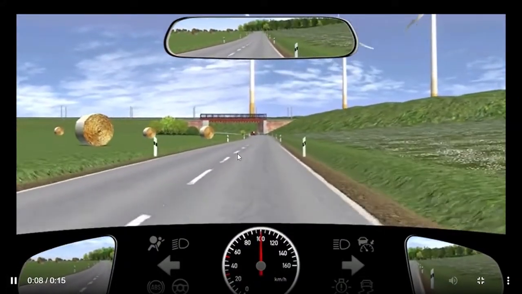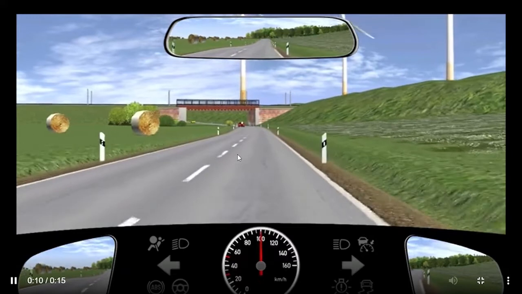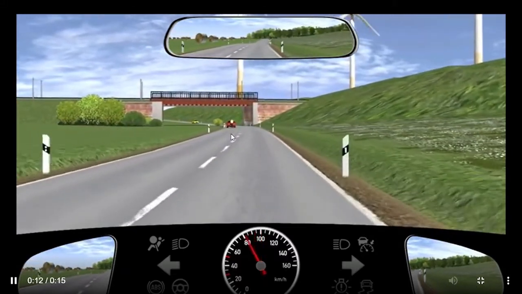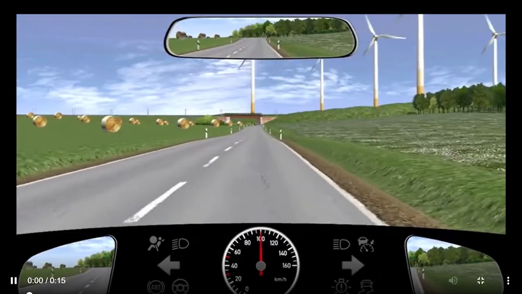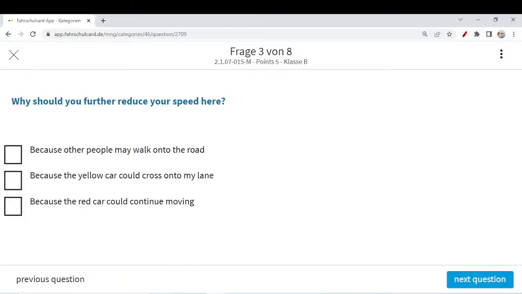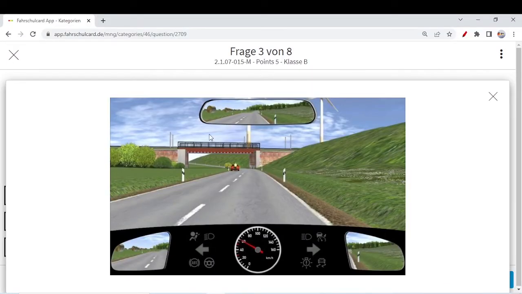I think this person has a problem with the car. Maybe the car is broken down, or some technical problem. So he is staying on the roadway and looking into the car. So what could be the problem here? We will again play the video, and I guess it is very clear in this situation what you need to do. You have to decrease your speed, because otherwise maybe the car which was coming from this direction can come